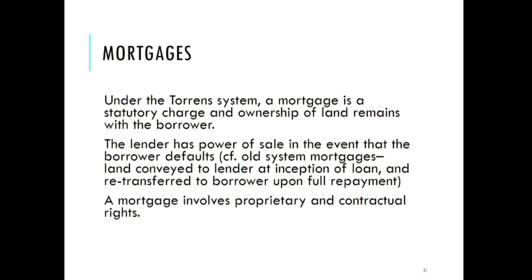So under the Torrens system, which is the system we have for registering land ownership, a mortgage is a statutory charge and ownership of land remains with the borrower. So the person who's taken out the loan keeps ownership of the land, but the lender, the bank, has a charge on that property. So if the property is sold, they have a right to take the money that they are owed. If there's a default, so if the borrower doesn't meet the terms of the contract and doesn't repay the money on time, for example,